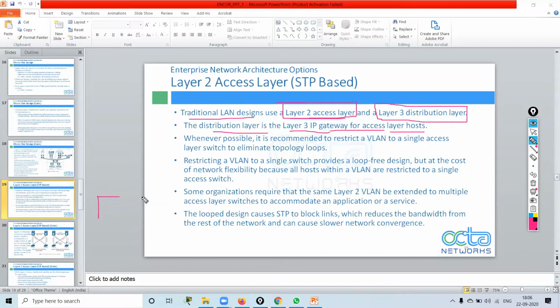Suppose I have a switch over here and a router over here. This is my connection, this is my layer 2, and this is my layer 3. So for the devices on layer 2, this layer 3 will be the gateway, correct? That is the same thing that is written over here: the distribution layer is the layer 3 IP gateway for access layer hosts. Now, whenever possible, it is recommended to restrict a VLAN to a single access layer switch to